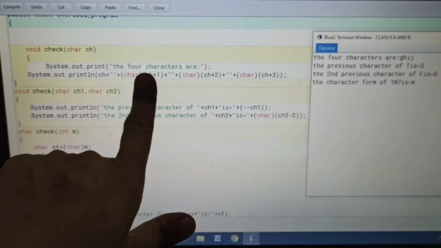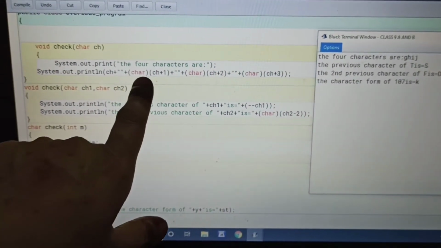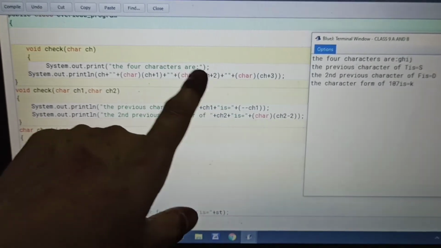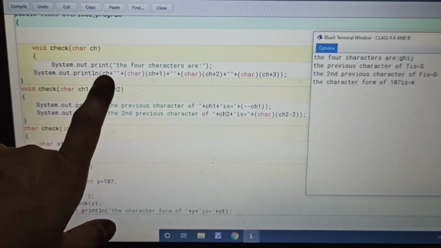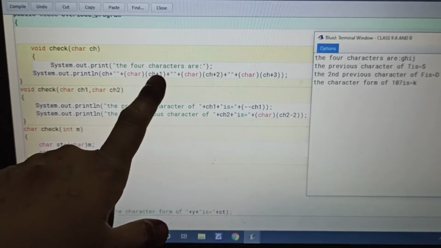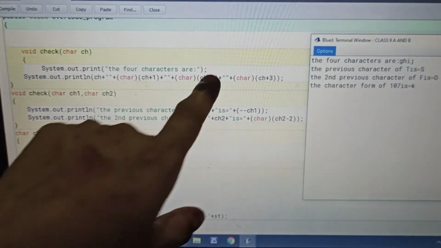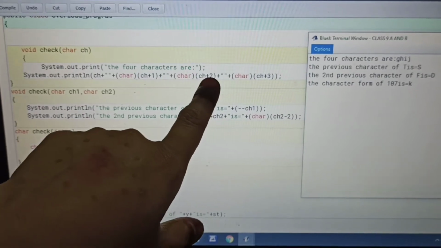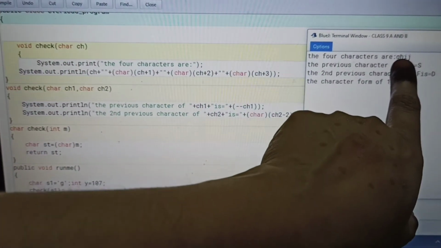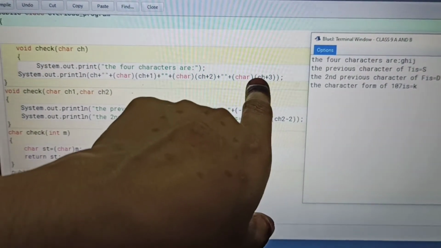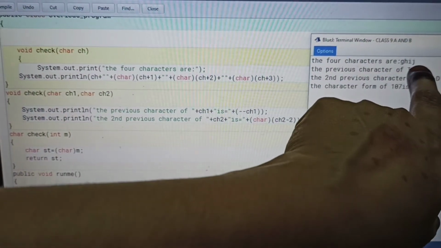First g will come, and after that g will come again. When you add g plus 1, h will come, and when you add g plus 2, i will come, the next character. Again, ch plus 3 means g plus 3 will be j.